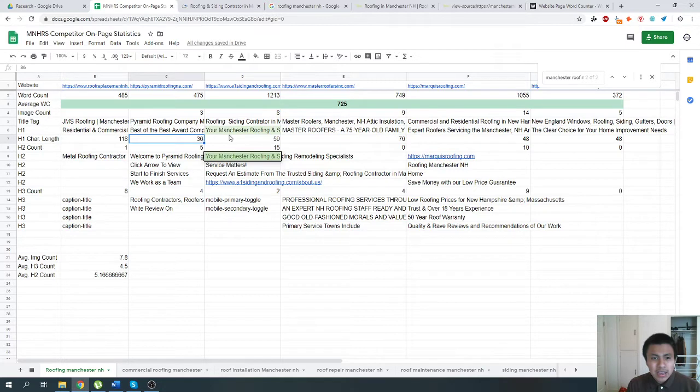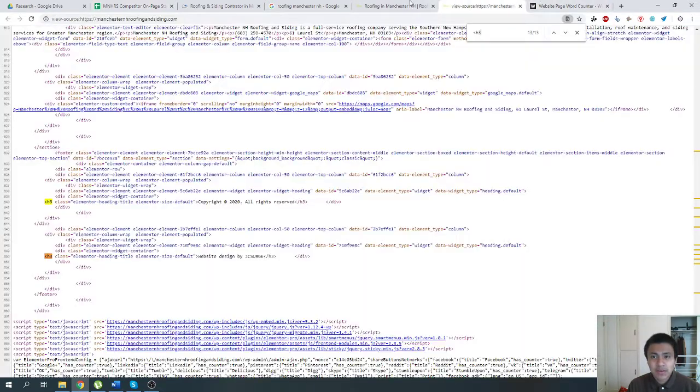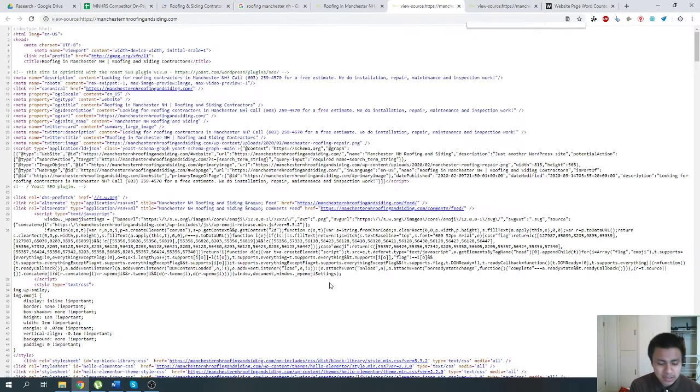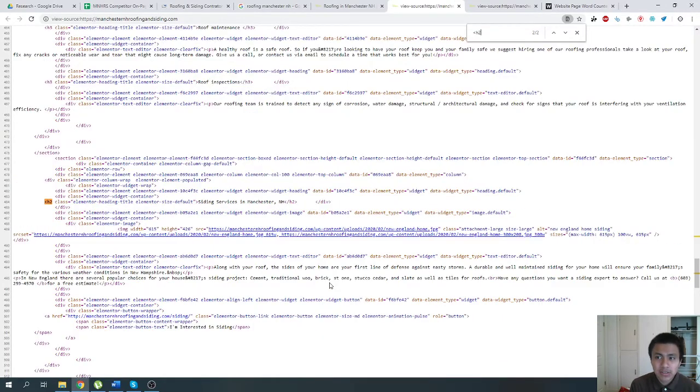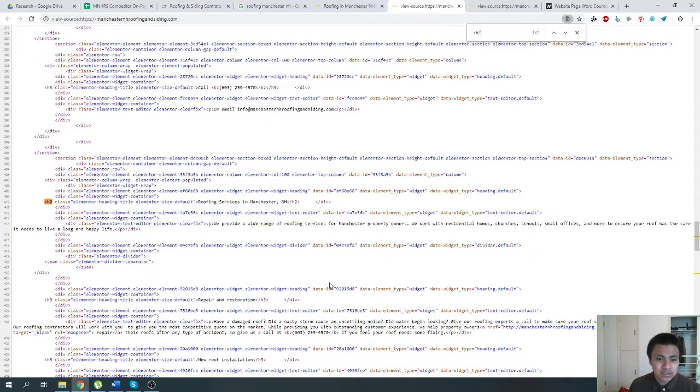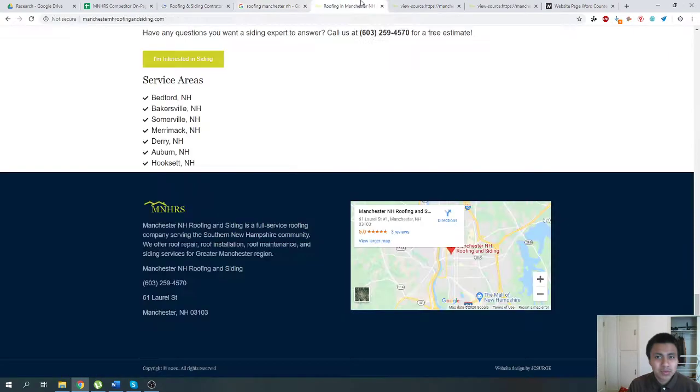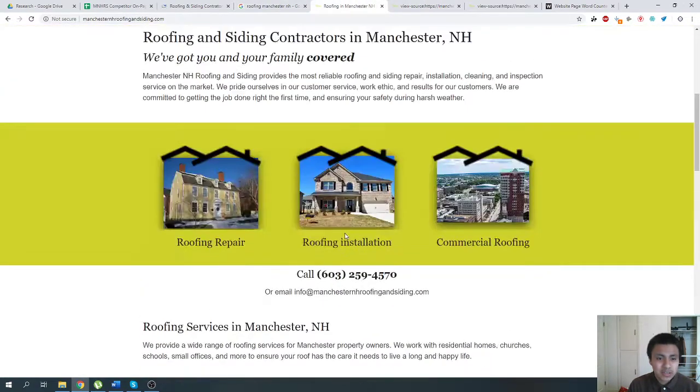So your Manchester roofing, right? The maximum heading 2 tags that I can have is about 15, and the least I should be having is 0. Now, if I take a look at my current site and I take a look at H2, I only have 2 H2s. That's so little. So what I should probably focus on is, okay,